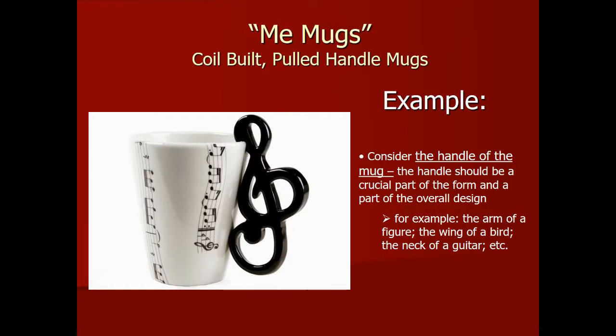When thinking about handles and the idea that form follows function, your handle becomes a crucial part of your design. It should be there to lift the mug, but it should also be visually interesting. So what could it be to be both? Could it be a character's arm, the wing of a bird, the neck of a guitar, a treble clef like